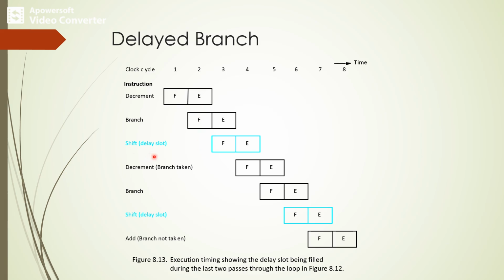Here we can observe that the branch instruction is taking place during the second clock cycle, but the actual fetch of the branch will be delayed by one clock cycle. The branch execution fetch phase will take place during this clock cycle. So this is called a delayed branch